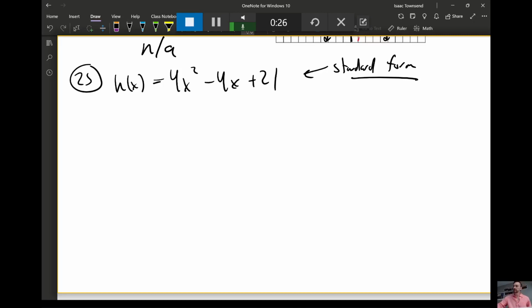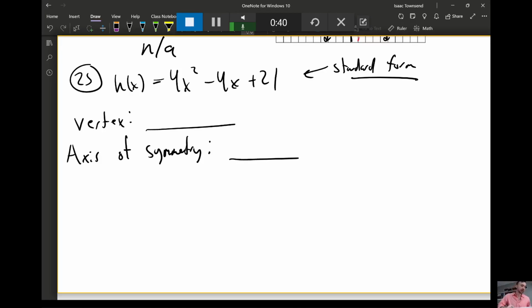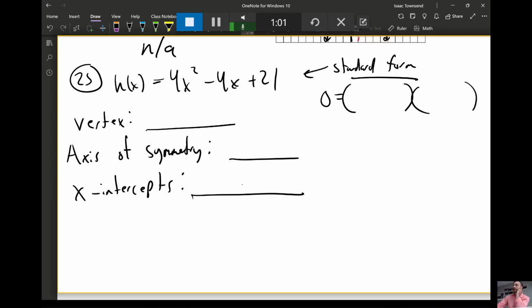Identify the vertex. Axis of symmetry, which is the same as line of symmetry, and x-intercepts. Okay, for x-intercepts, for me, I can get that information quickly from factored form. So I would try to factor this guy and then figure out when y equals 0. And I don't know that it factors. I might have to do quadratic formula here, but